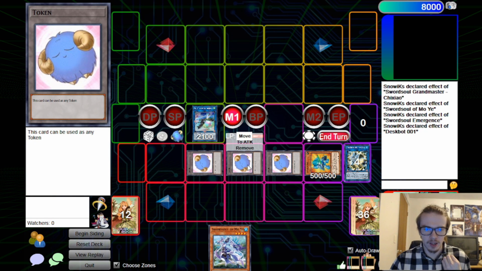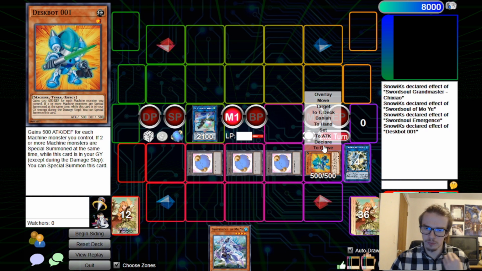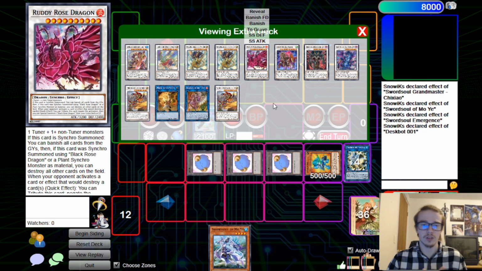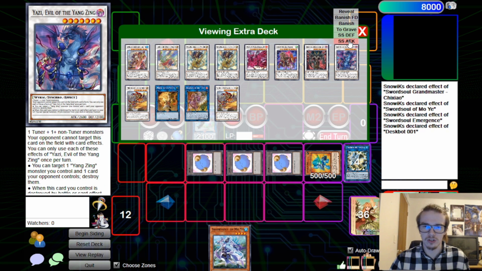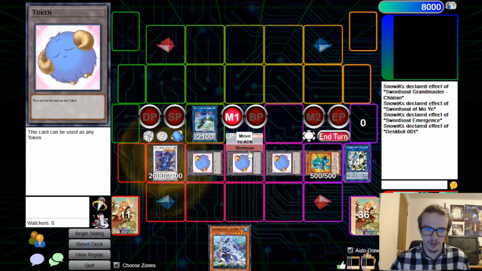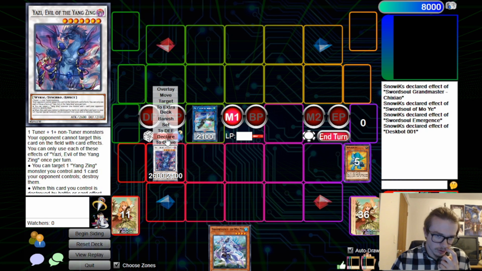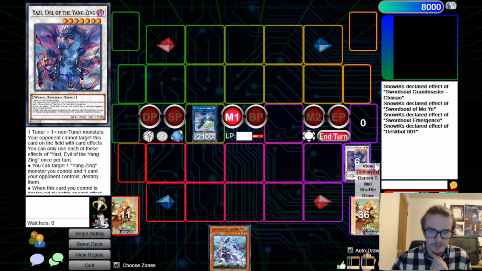So, we can either go for the 7 of our Yangzing, which is probably the best option, or we could go into things like the Borreload Savage, if you want to play the Borreload Savage, as well as potentially a Herald of Arclight, both of which are good options. However, here, let's just go for our Yazi. We will remove all of these tokens. We will remove the last token as well in order to pop the Yazi. And then at this point, we will special summon out a...